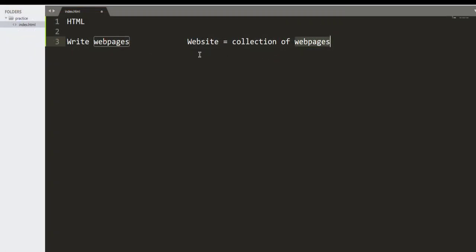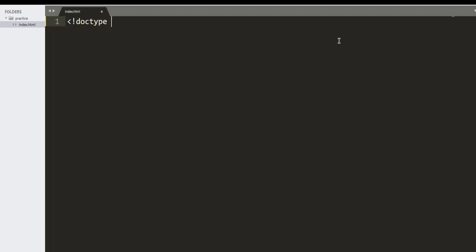Okay, so in HTML we just write web pages. First comes doctype HTML, and it's not case sensitive. If I write the doctype just in small text, that's also fine and acceptable. So doctype HTML, and then after that we start coding our HTML. So our first ever tag is html, and then we also need to close that tag by slash and html. Okay, then after that comes our next tag, that is called the head tag,